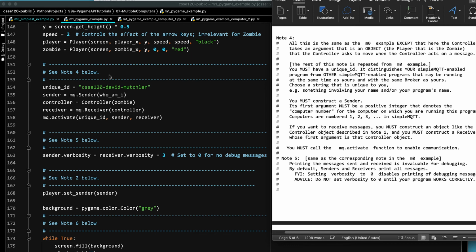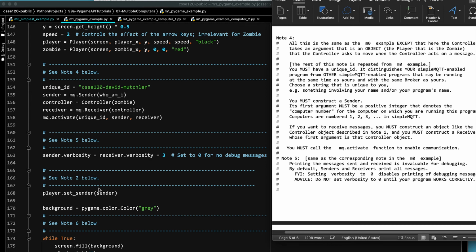And in this example, see, here's the player being constructed. The player needs to have this sender because the player uses the sender to send messages. But we can't put this variable sender up here because it hadn't been defined yet. So instead, we do this line down here, after it was activated. I suppose I would have done better to do it just before activating now that I think about it,